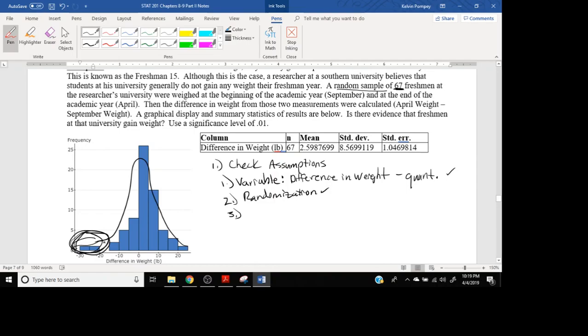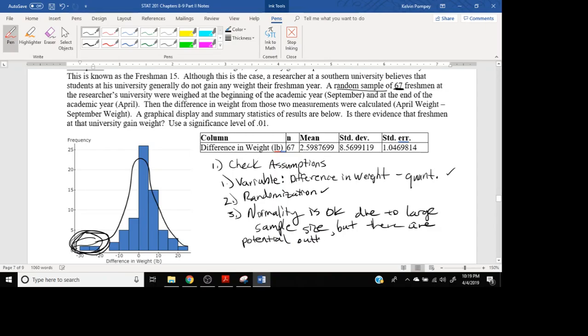These may or may not be outliers. There are checks for that, but we're going to proceed, right? So we're going to say that normality is okay due to the large sample size, but there are potential outliers. So results are tentative. And so what is usually done in practice, people usually take out the outliers, rerun the analysis, and